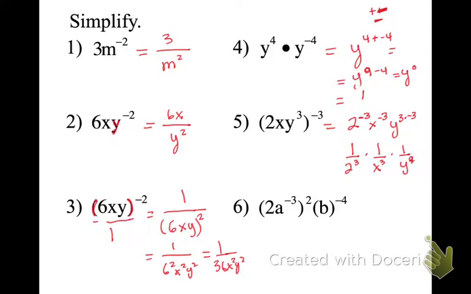So that becomes 1 over 8, 2 times 2 times 2, x to the 3rd, y to the 9th. Okay? And the last one,